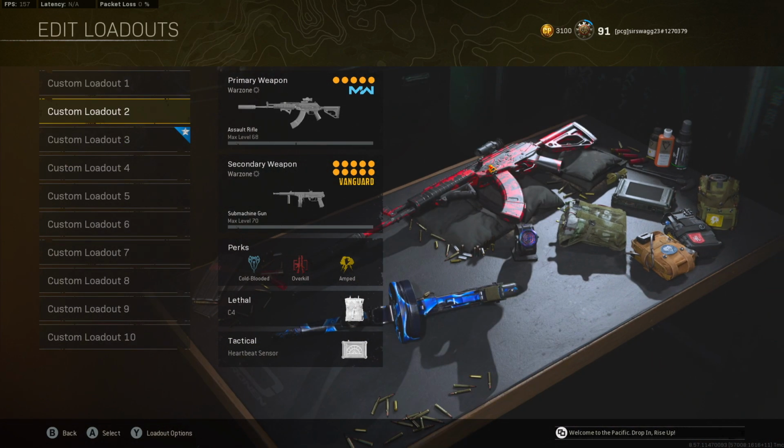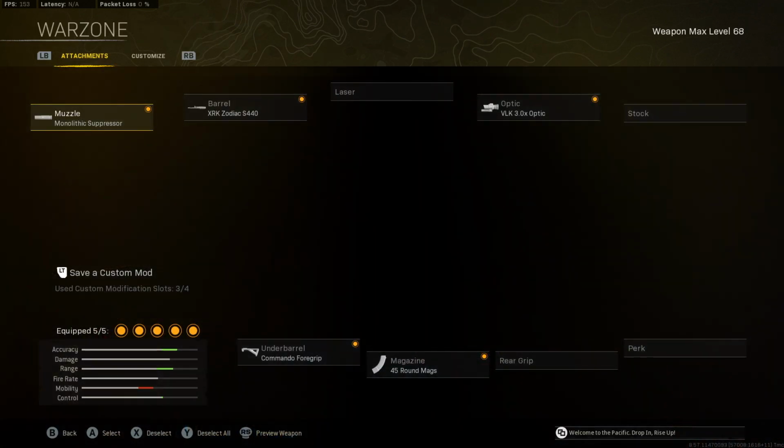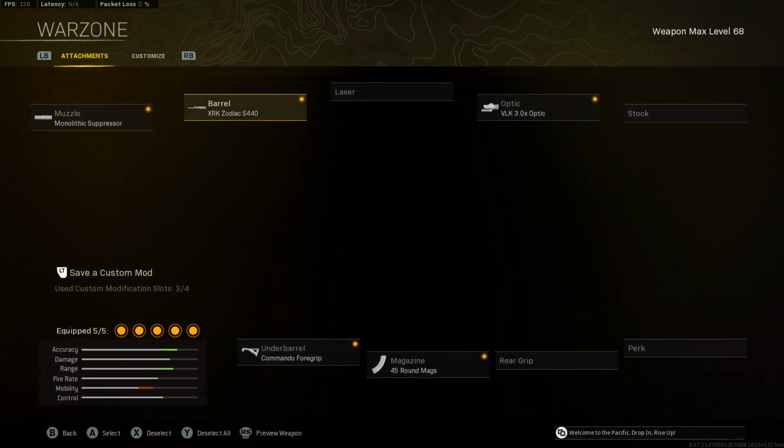For Custom Loadout 2, we're actually going to go to a couple underappreciated weapons that people don't use enough, so maybe you haven't used these in a while. The Amax at long range is really, really good, and we're also going to be maxing out its long range bullet velocity with the Monolithic Suppressor and the Zodiac, which is going to increase its range and its recoil control,